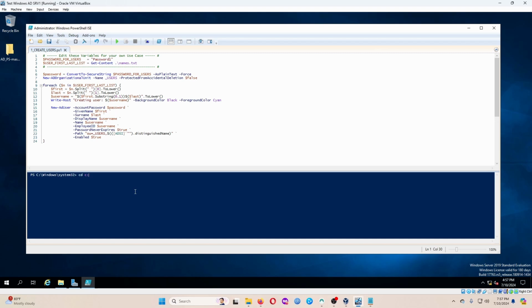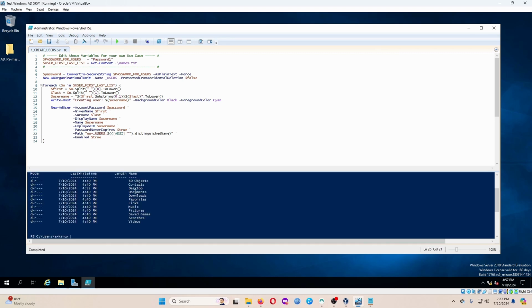So I'm going to browse to where the script exists, cd C users. There we go, that's my user. Then I'm going to check the directory, and then cd to desktop. Check the directory again, and cd to AD PowerShell master. Check the directory, and here we see we have the one, create users PS1. Now if I tried to run this,